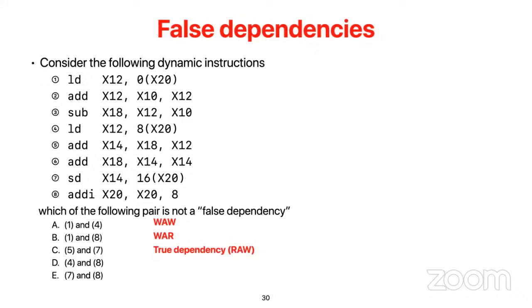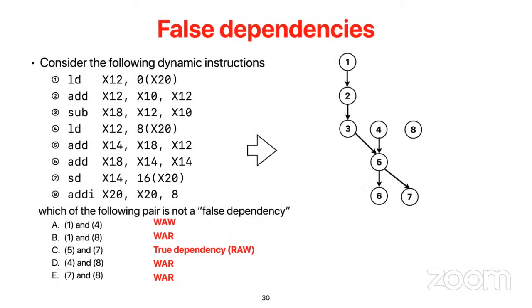4 and 8, it's a write after read as well. Oh, 7 and 8. And 7 and 8 is again write after read. Right. So perfect. So to identify which are false dependencies and which are true dependencies, well, the easiest way